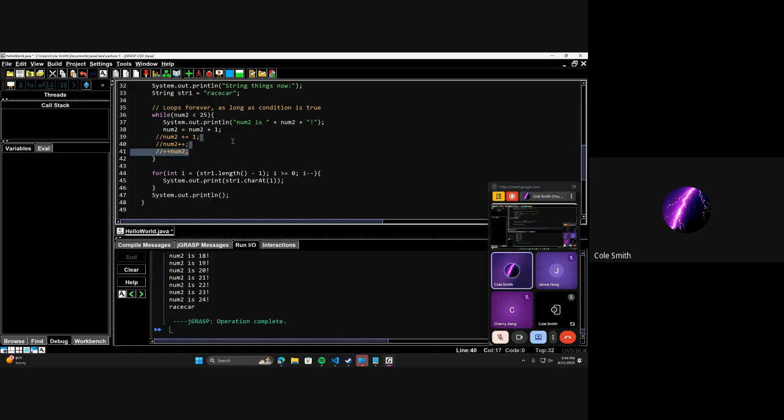So anyways, this is a while loop, right? It will continue to run while this condition is true. And it's very easy in while loops to have an infinite loop by mistake. We often use while loops as well for any type of loop where we don't know when we want it